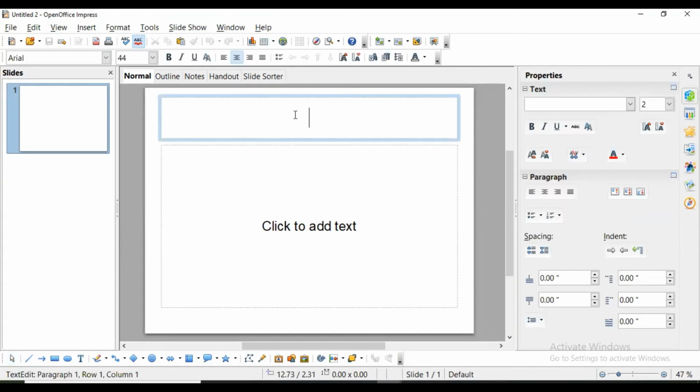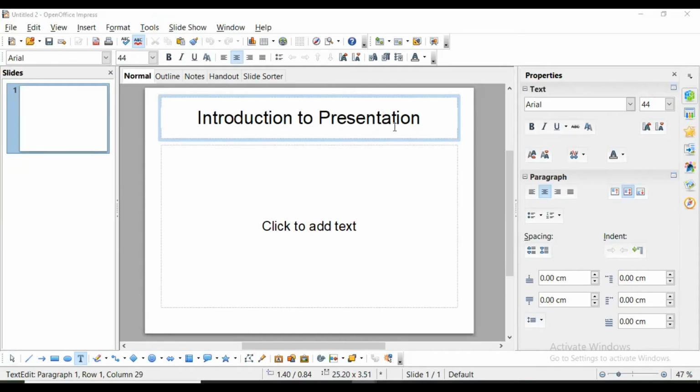So for example, we are going to create a presentation. Okay. I'm giving title as, this is a chapter name. The same I am keeping here in title. Okay. When you are typing at that time in properties, you will get different options of text.